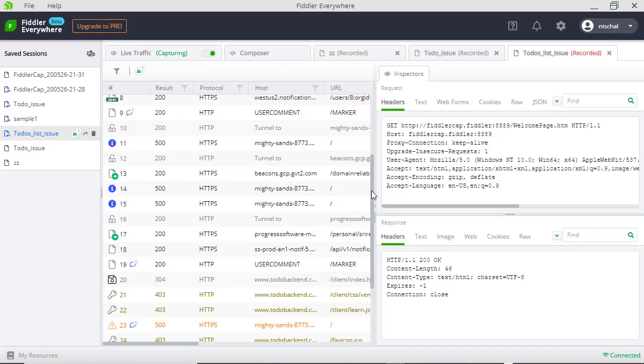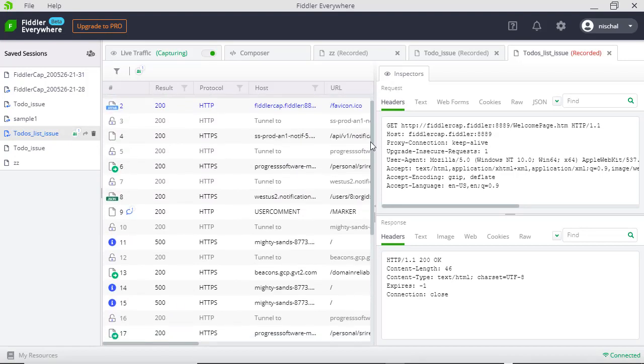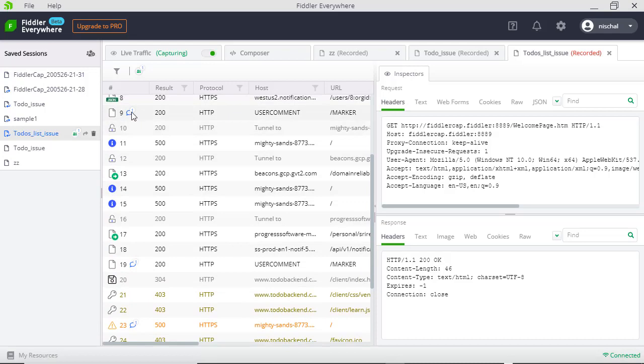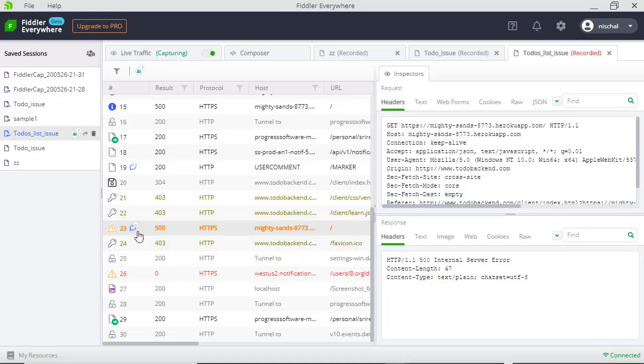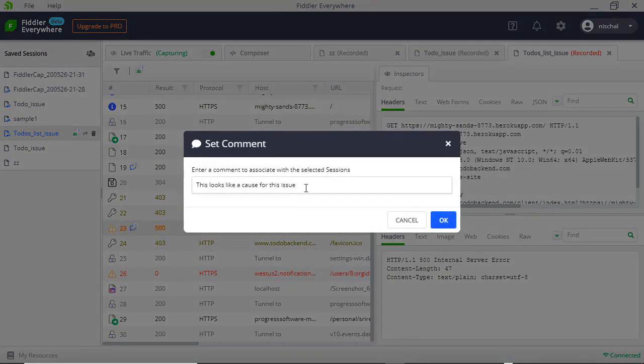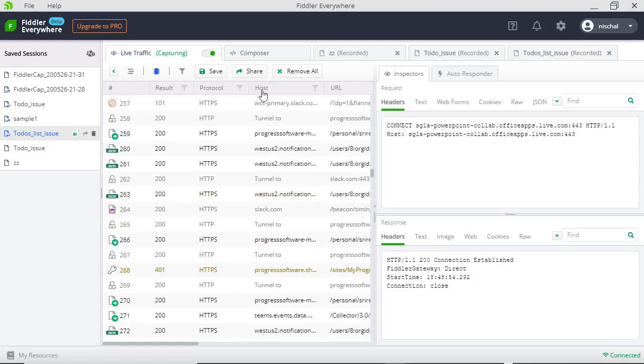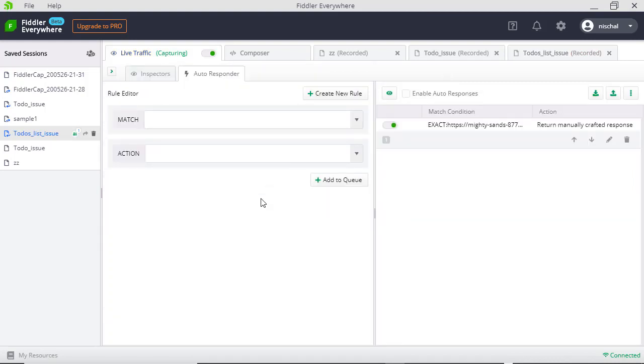This log file will contain all the context that both the customer and support team have added. So the context is preserved in the same log file. If you look at all the requests, you can go through each comment, find the comment added by the support person, and further look at the request and response headers to nail down and find the problem. You can also use other advanced features like autoresponder to mock requests and simulate the issue,